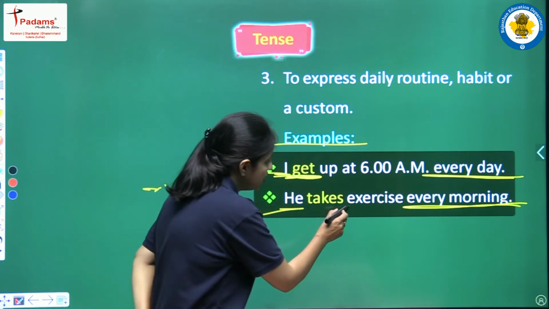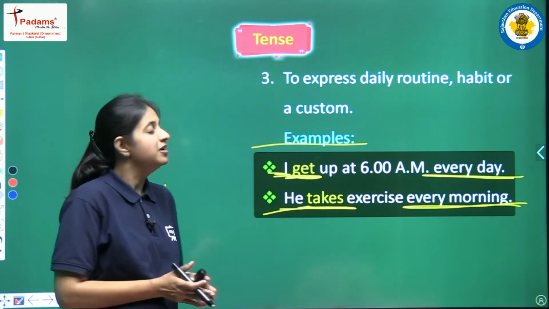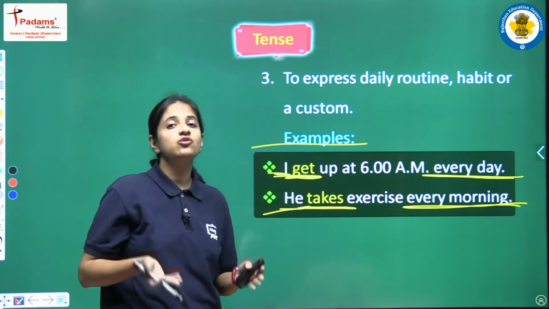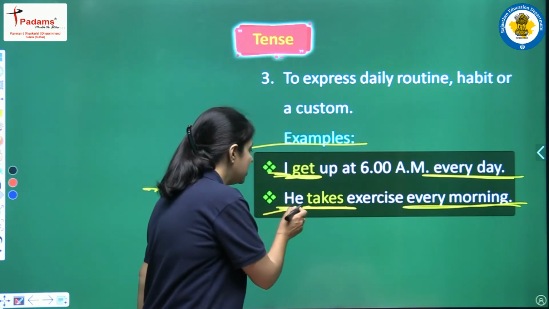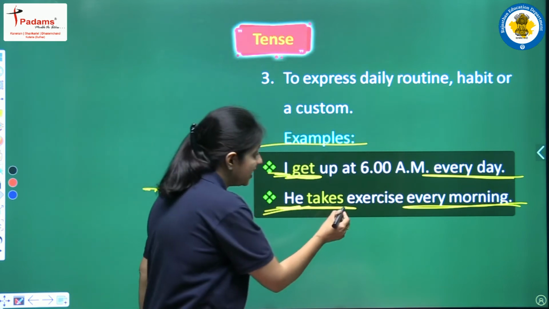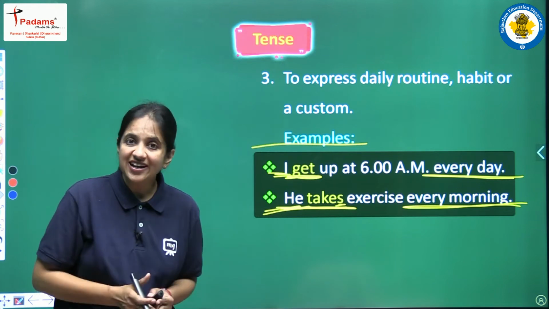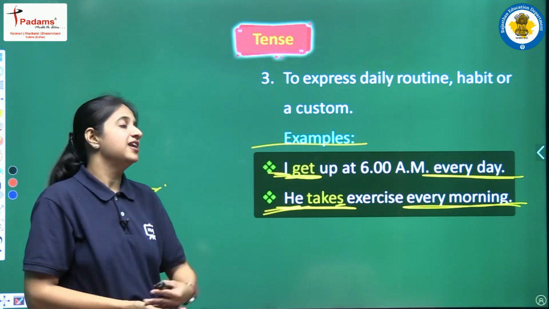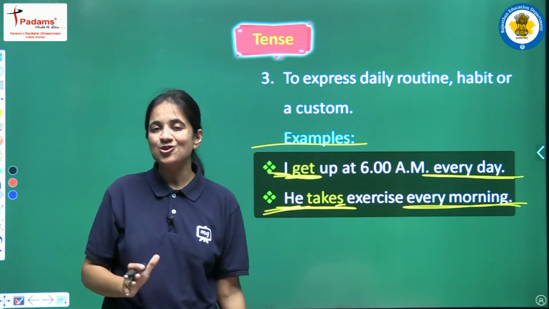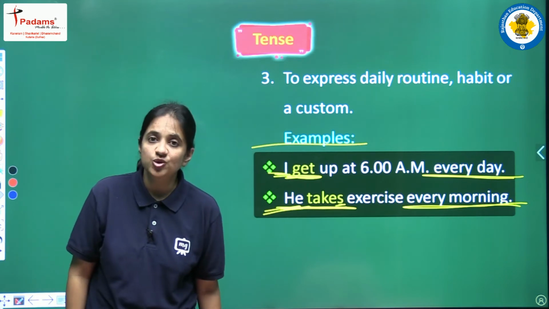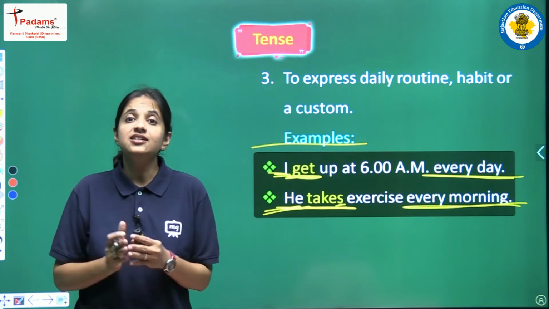But again, just to write the correct answer, you have to be aware of the rules of helping verb and main verb. So now this is a positive sentence, so we won't use do or does, we won't use helping verb, and because we are having a singular subject, we will add s or es. So in this way we will write our correct answer and we will write takes here, and our sentence will be he takes exercise every morning. So this is the third use of present simple tense, that is this tense is used to show habitual things, to show daily routine, to show some or other custom.